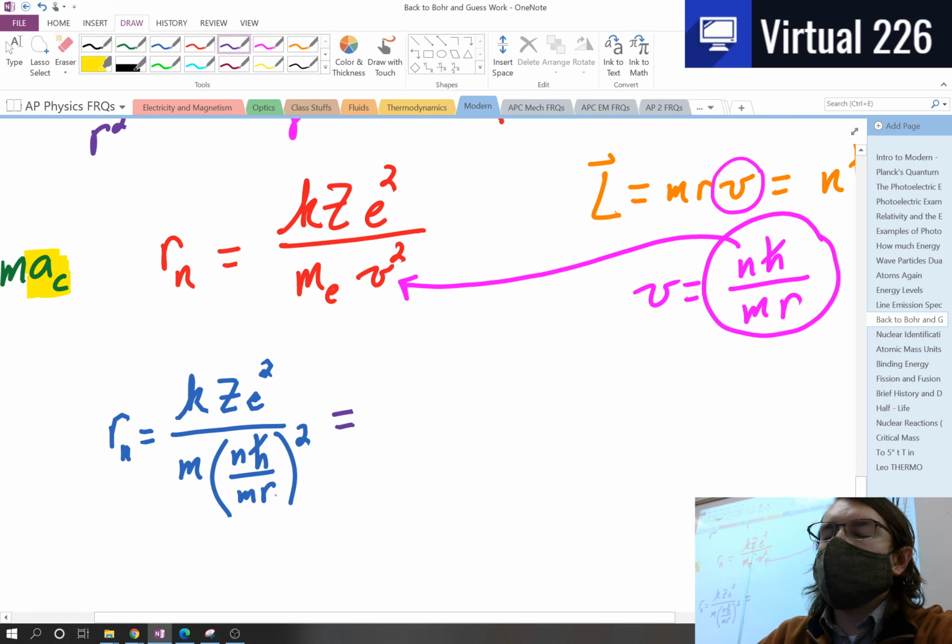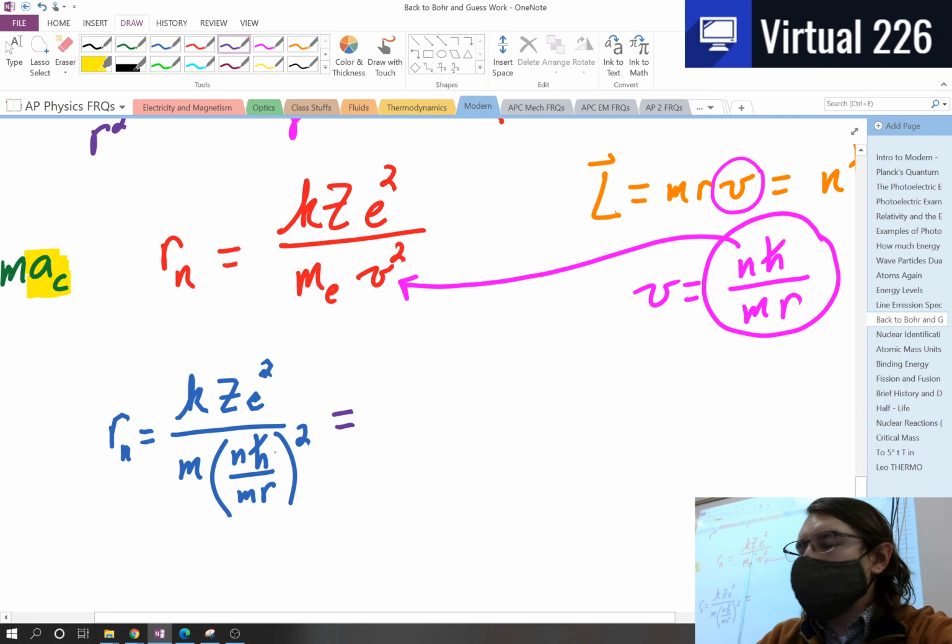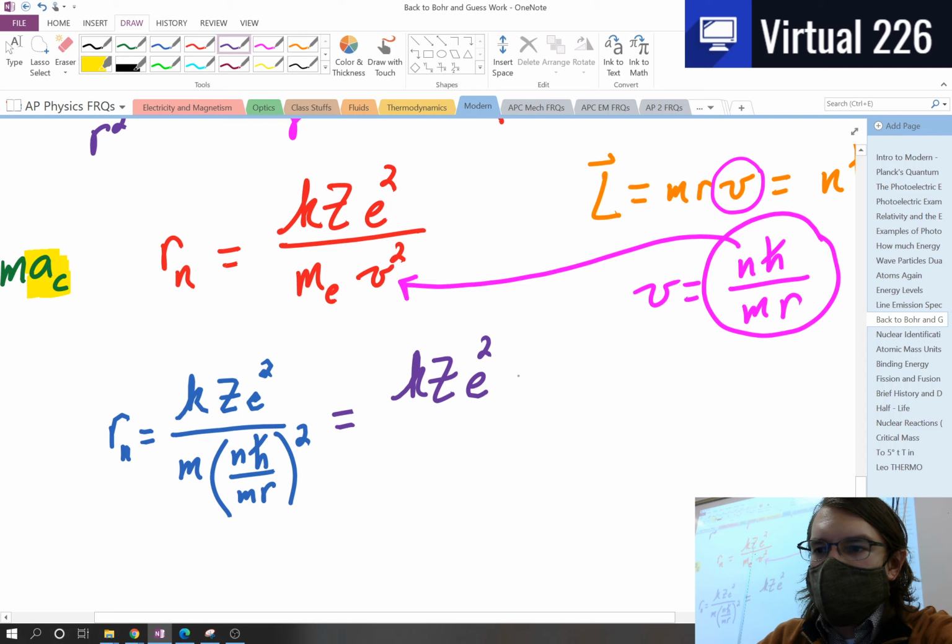And then if we square all the terms on the inside and reduce this to make it look a little nicer, we're going to get k z e squared times a mass